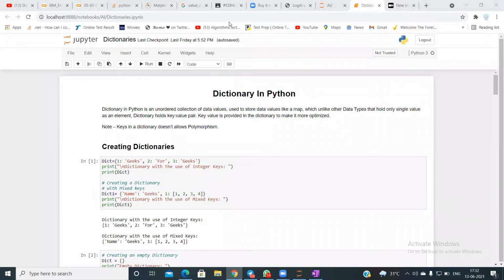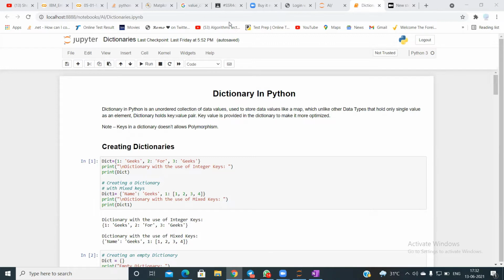So the advantage of a dictionary over a list is that it is faster in processing. And if you have huge volumes of data, the problem with a list is that it will also lead to wastage of memory. At that point of time also, you can use something like a dictionary.